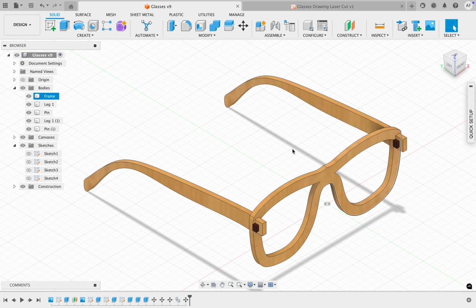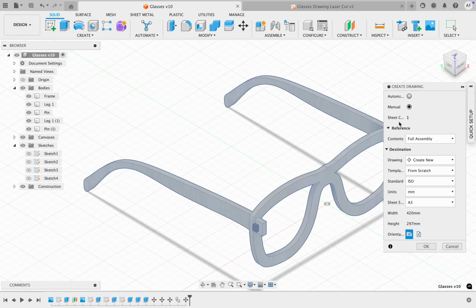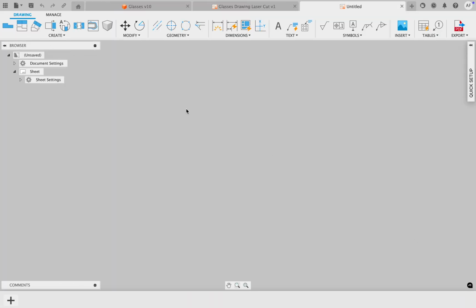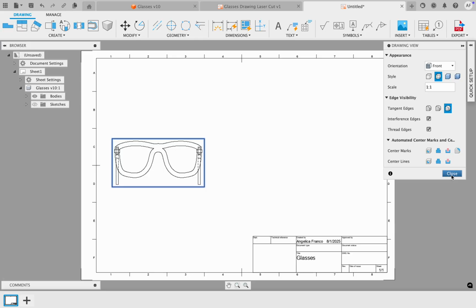And once I've done this, then I'm going to do the assembly drawing. So this is going to be the drawing from design, full assembly. Okay. And then just wait a couple of seconds, then place it. And then you can change the scale. That's pretty good. Actually, 1.5